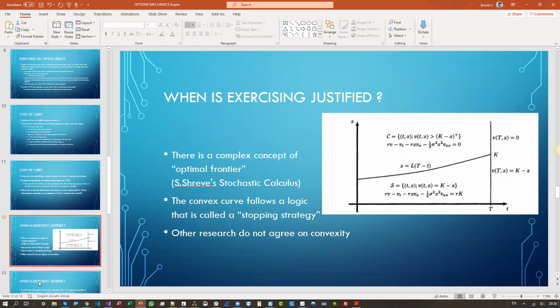The option follows a course of action, its value changing according to several parameters, underlying, rates and everything. And that switching strategy or stopping strategy is equivalent to a curve following what we call a stochastic variable or random variable,